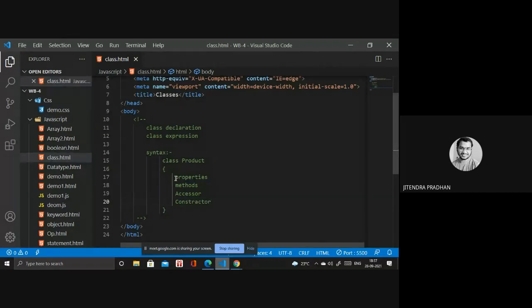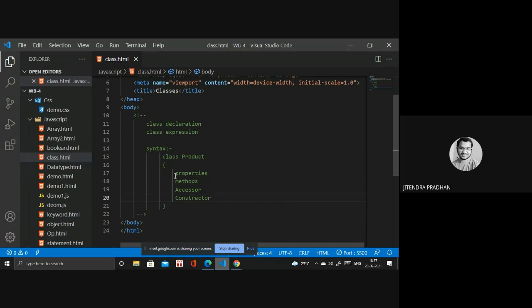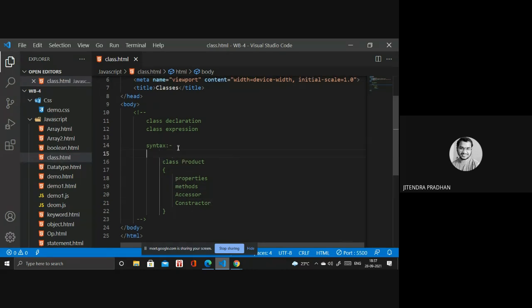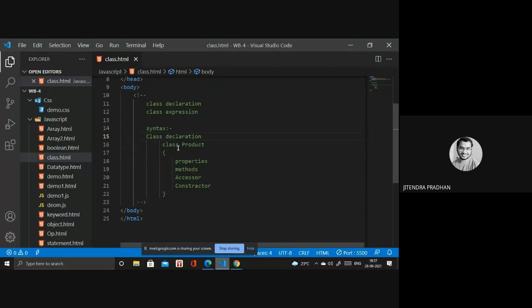We cannot write a function inside the class. You have to write the function outside of the class, not inside the class. Okay, I hope you got this point. This is the class declaration, how we can declare the class. Next we have to discuss class expression.